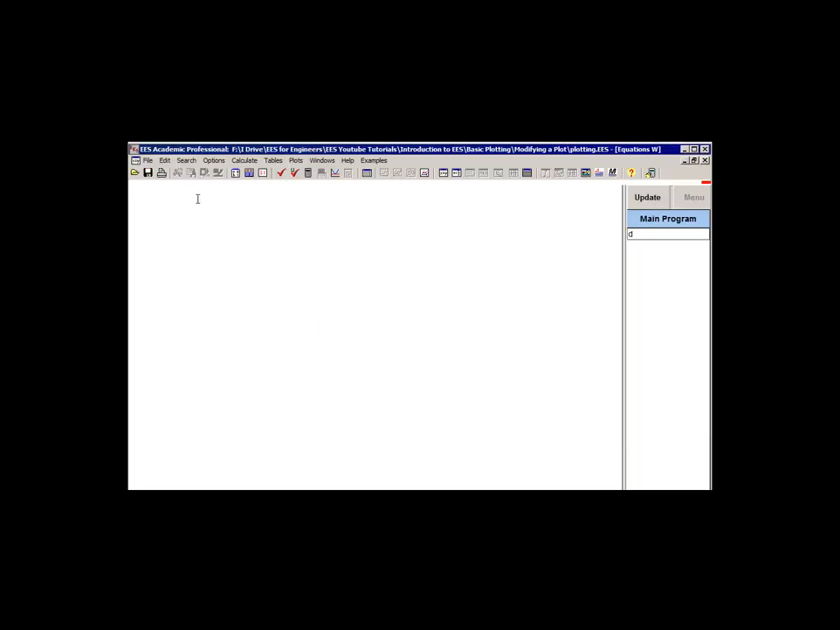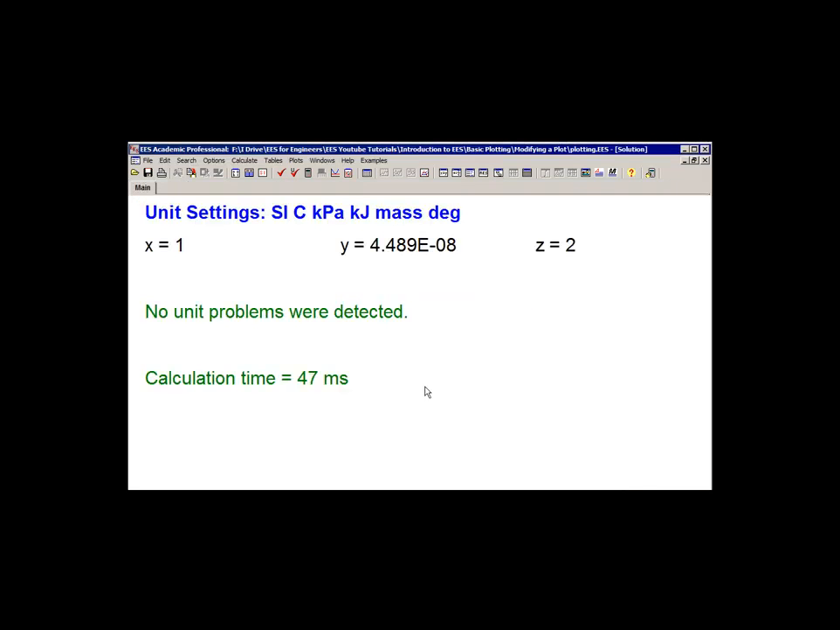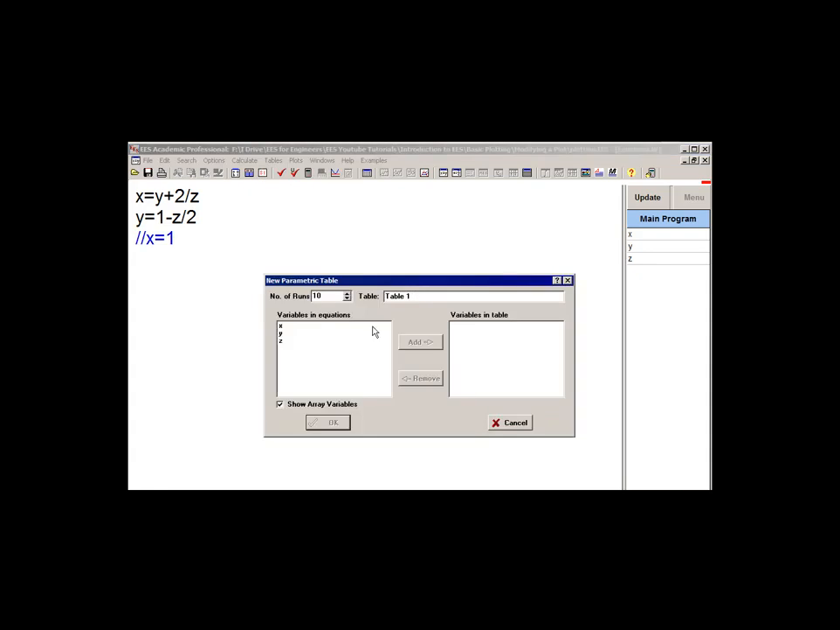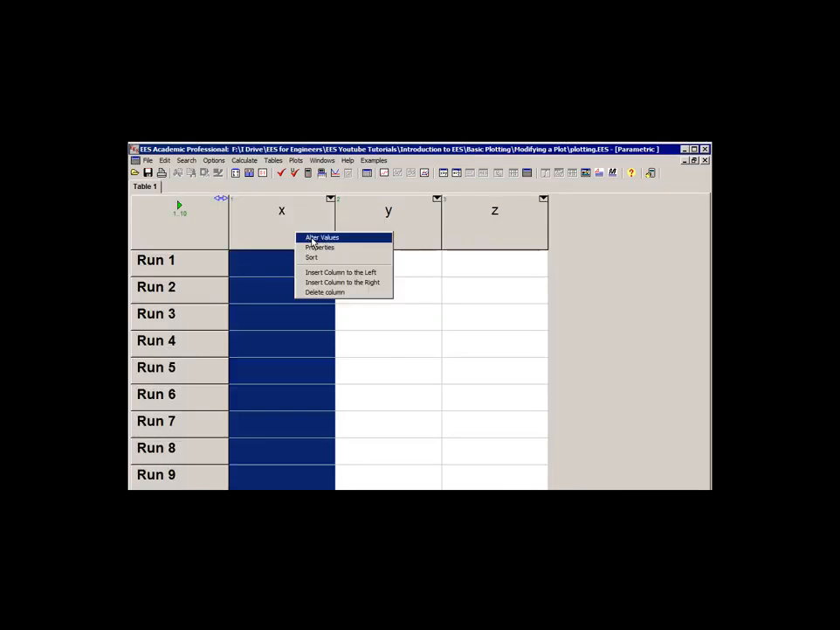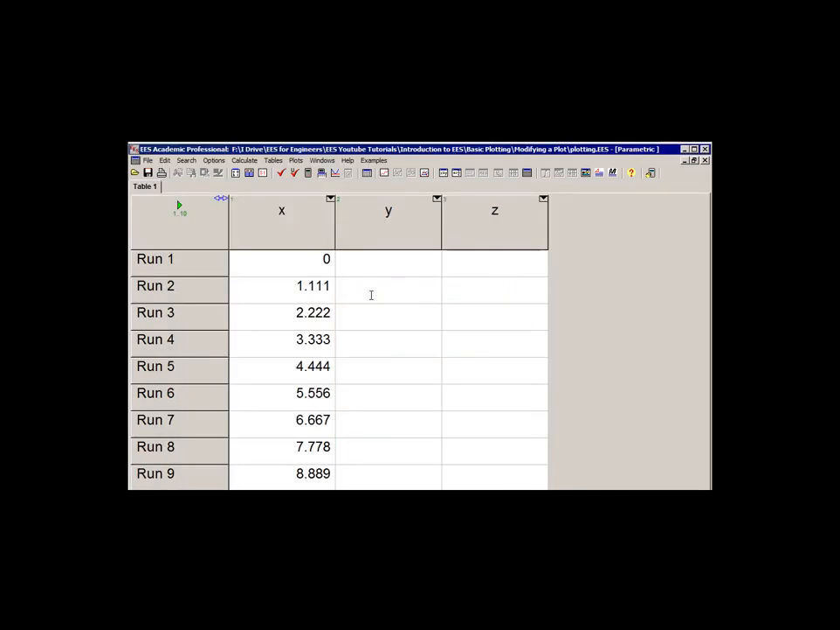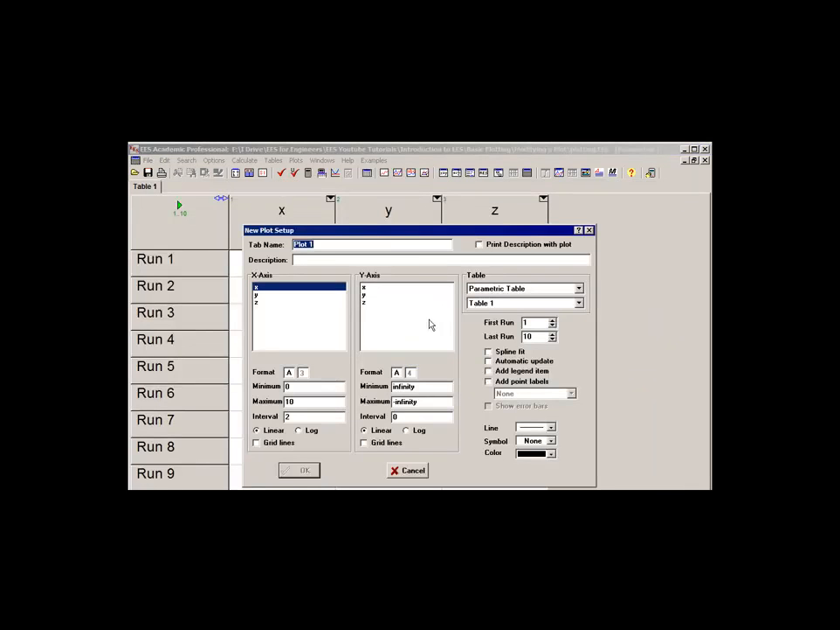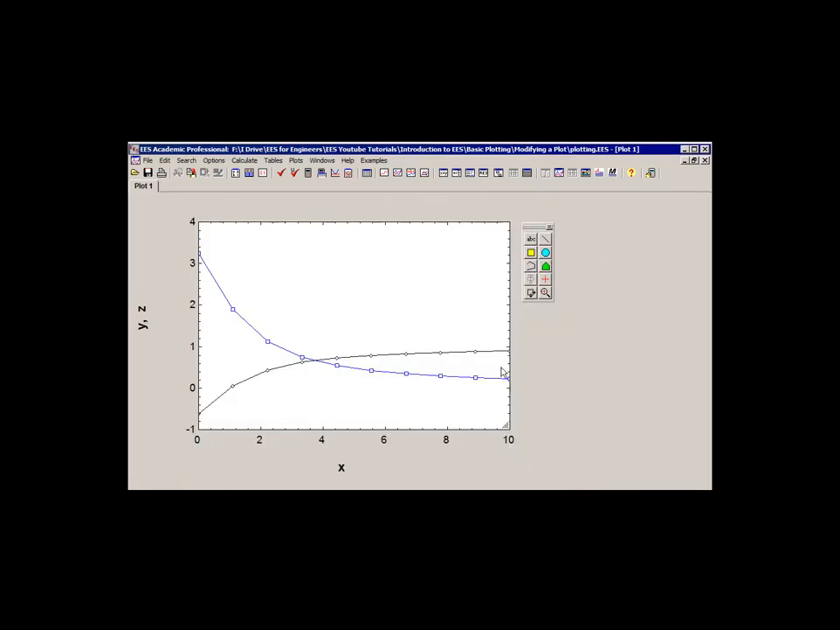So we're going to start with the same system of equations that I'm showing here, and we'll create a parametric table that includes, in this case, x, y, and z. And so we're going to parametrically vary the independent variable x and examine its effect on y and z. And we'll make a plot of y and z as a function of x, as we talked about in the last video. So here's our plot, and now if we double click or right click anywhere on the plot,